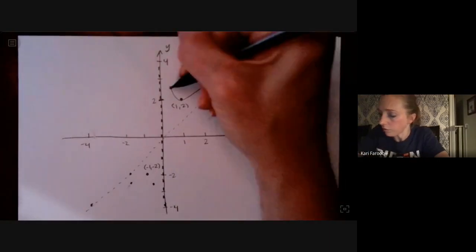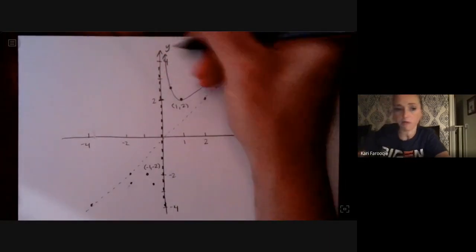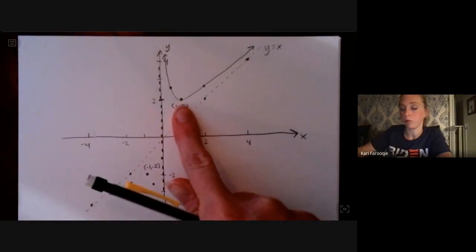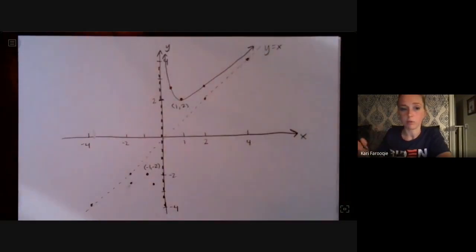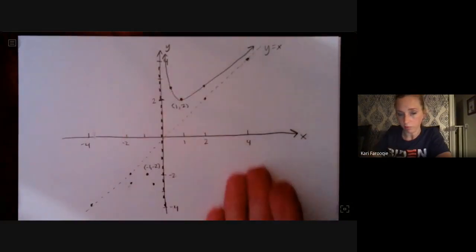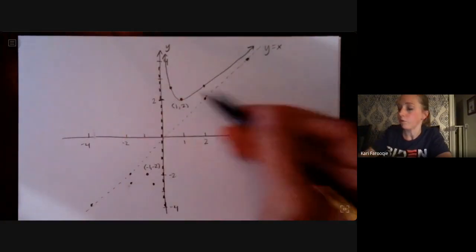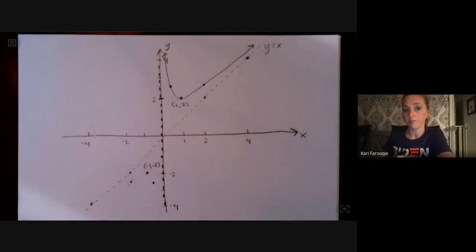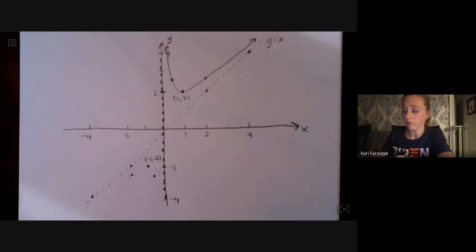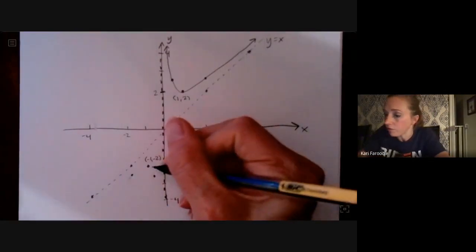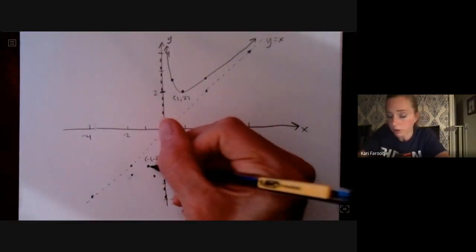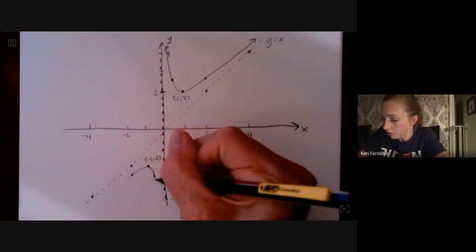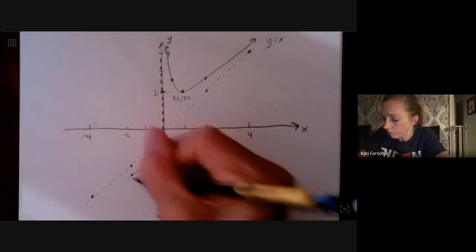So I want you to graph this just kind of showing that the graph is approaching the asymptotes. Show that you have this minimum at 1, 2, and it's just kind of going along its merry way. It's not going to cross the vertical asymptote. It can't do that, but it's going to approach this slant asymptote as it moves up and to the right. And it's going to do something very similar in the bottom. So you have this local max at -1, -2, and your graph is going to be approaching the asymptotes, but not